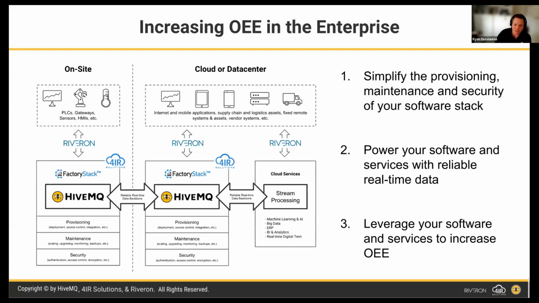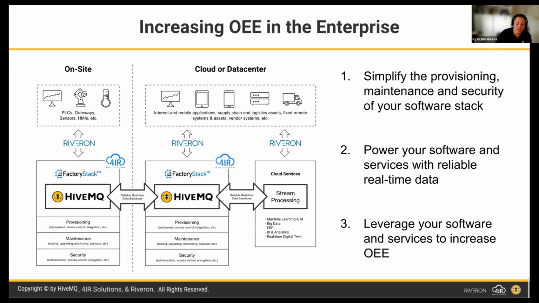And so typically what we see is with, let's say, a large manufacturing site that's implementing this kind of architecture, we'll have a factory stack of software that's on site, connecting to those on-site assets, such as PLCs, gateways, and sensors. A key part of being able to increase OEE is getting visibility into that real-time data from those devices. The way that this architecture is designed to do this is through what's called a reliable real-time data backbone that's essentially enabled